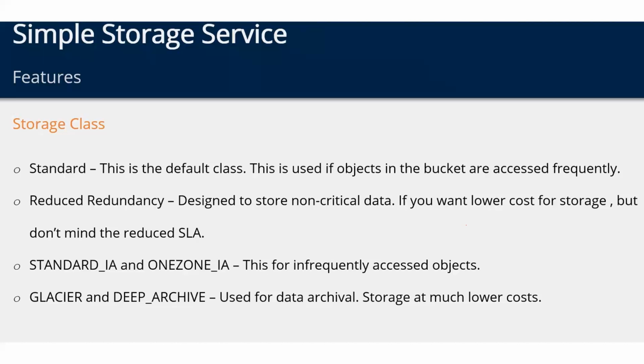Just think like that. Glacier or Deep Archive are like, you dig deep into the snow. That is called glaciers, right? If you go to the North Pole or South Pole, those are glaciers or deep archives. So as the name suggests, it takes some time to get your data. So obviously the response time is slower. You put an order and you will get that after 1 day, 2 days, 3 days, something, right? Or 1 week. So obviously it's a much lower cost.